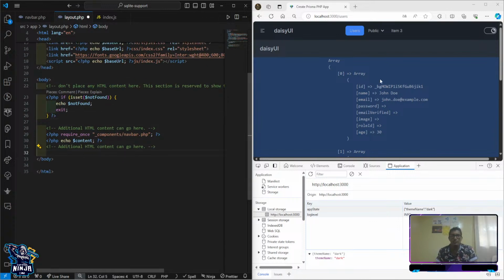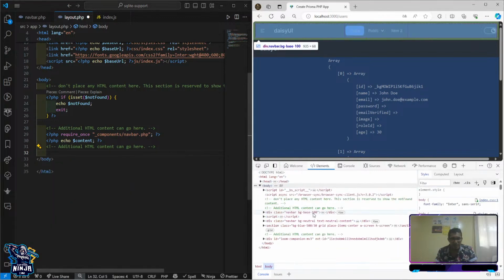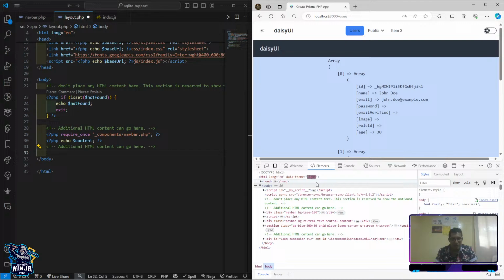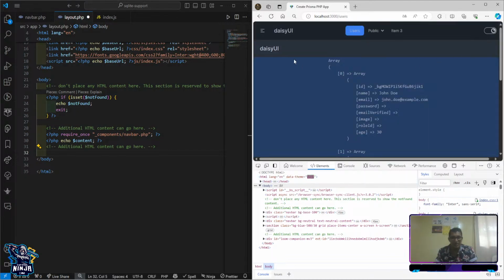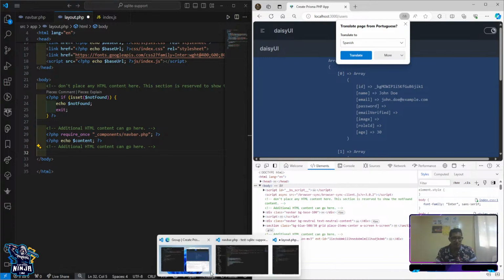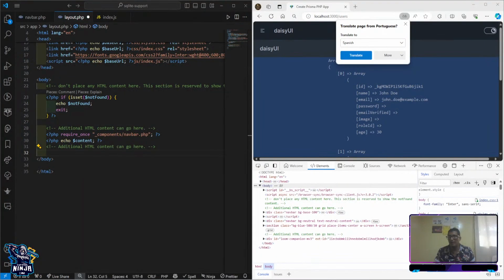As you can see here, if I don't click, this is not set to the data theme light or to the dark, because as you can see when I refresh, it's not loading anymore. So for that, what I'm going to do is just copy and paste and explain, because it's